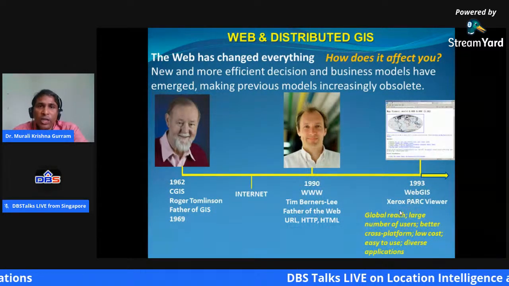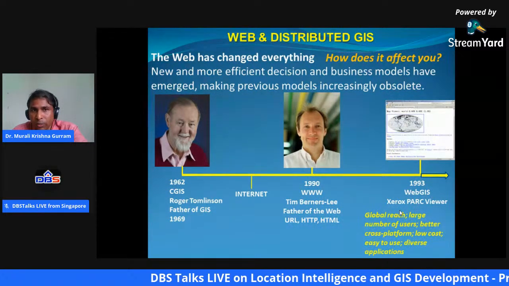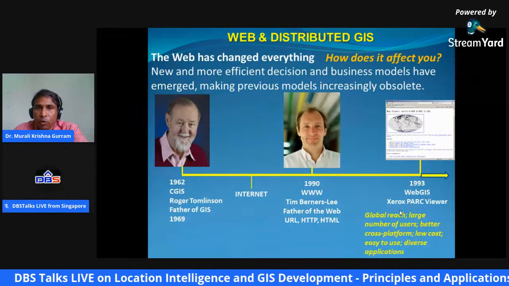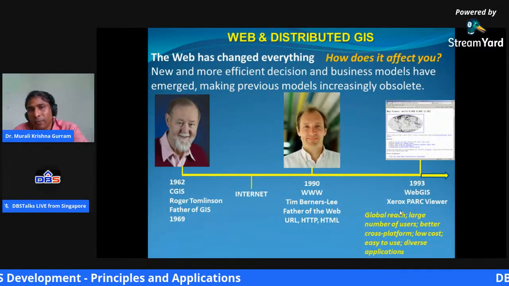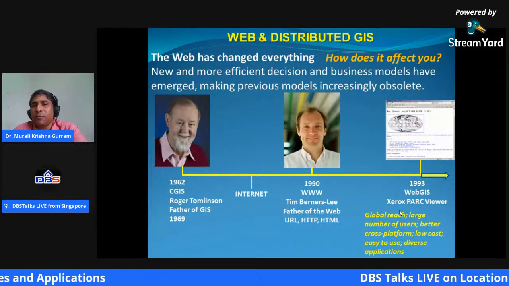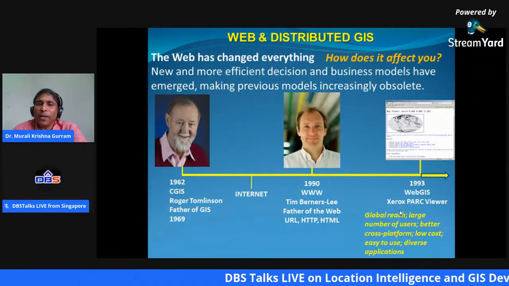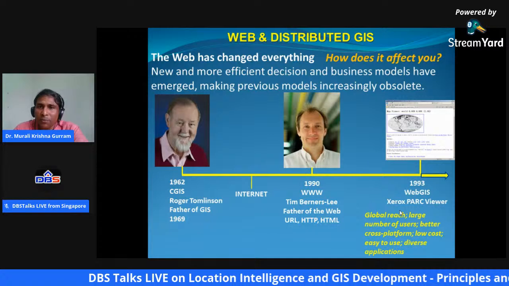So that is the initial GIS. I'm talking only about those days of the desktop era. In fact, it became popularized as an AM/FM solution, that is, automated mapping, because it produces automated maps.